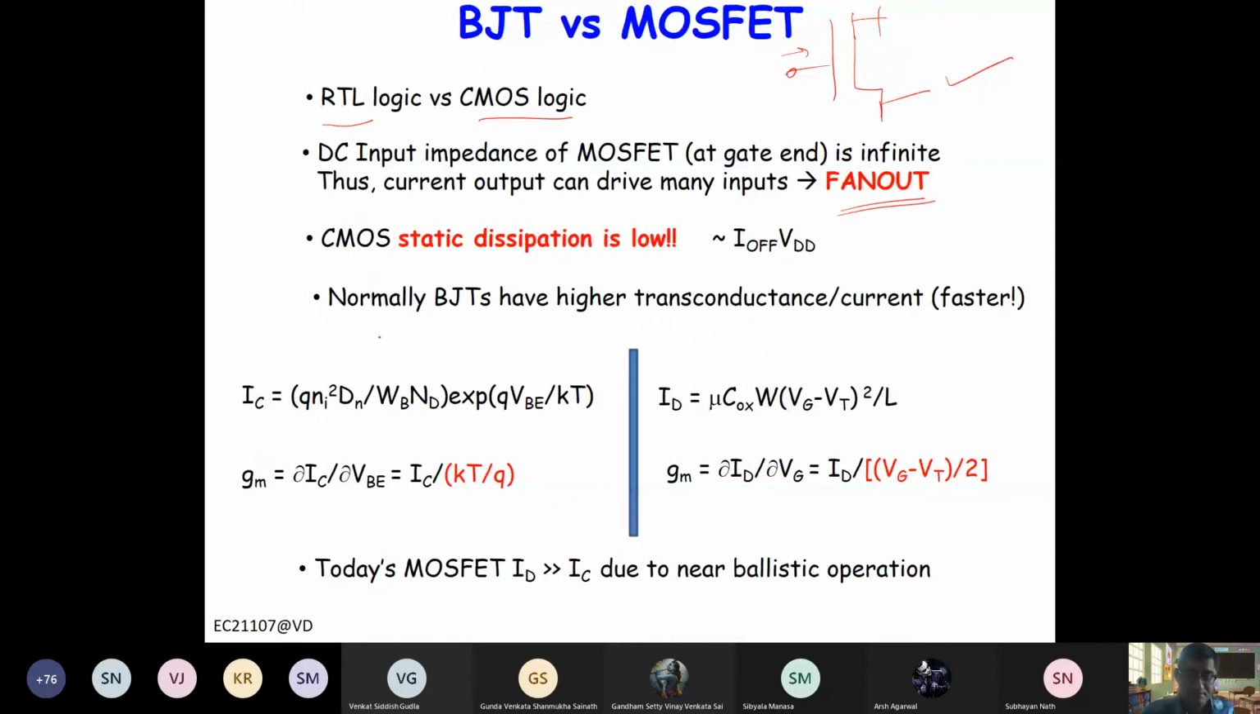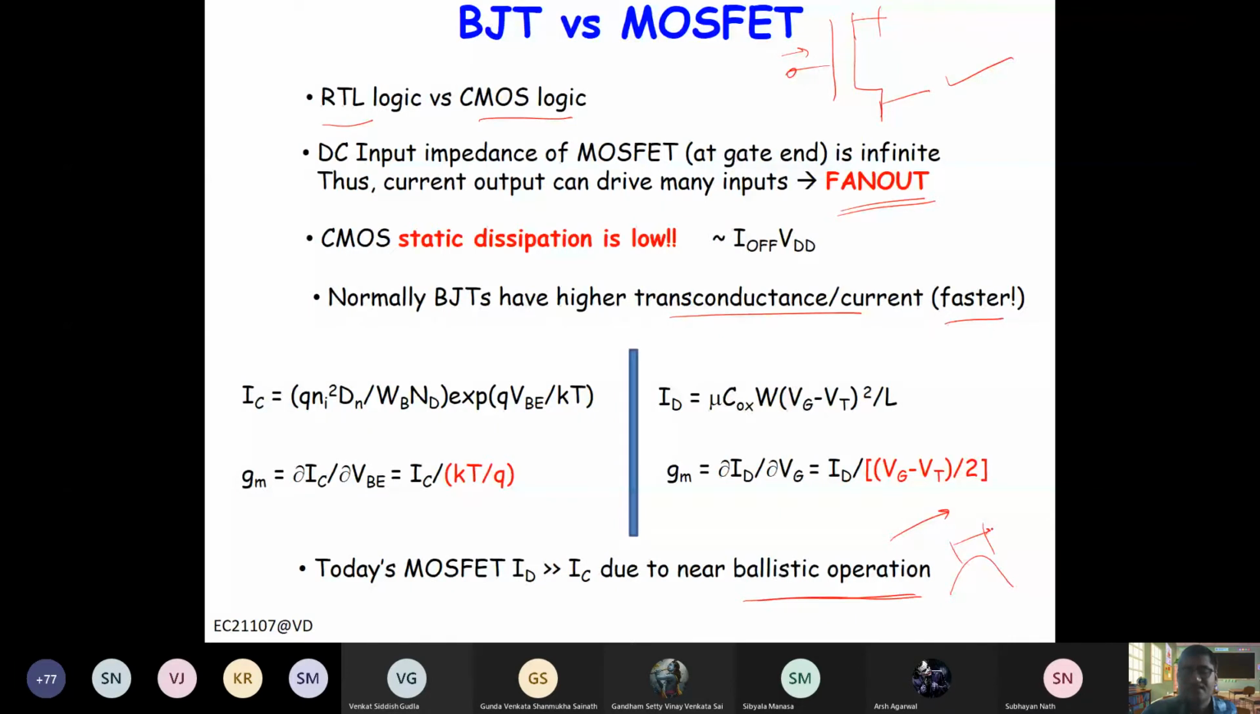And of course, the transconductance of BJT is usually higher, so they are typically faster. But if you go to today's MOSFET, where the length scales are so low that they operate in ballistic operation. Ballistic comes from the missile, where the initial speed of the missile determines how much time it will take. So similarly, in case of a channel where the length is small,